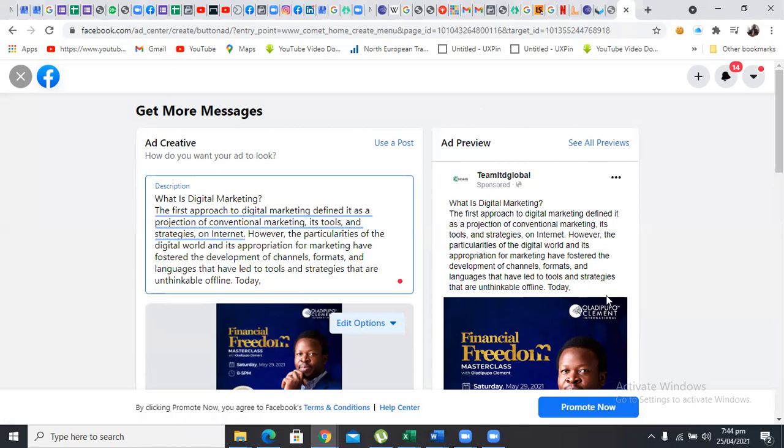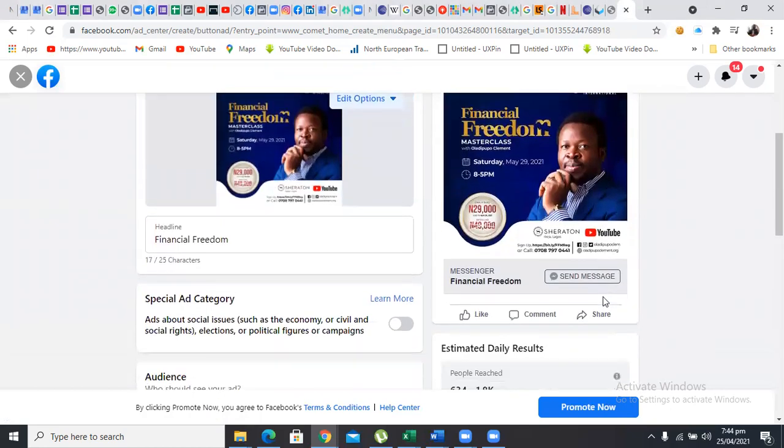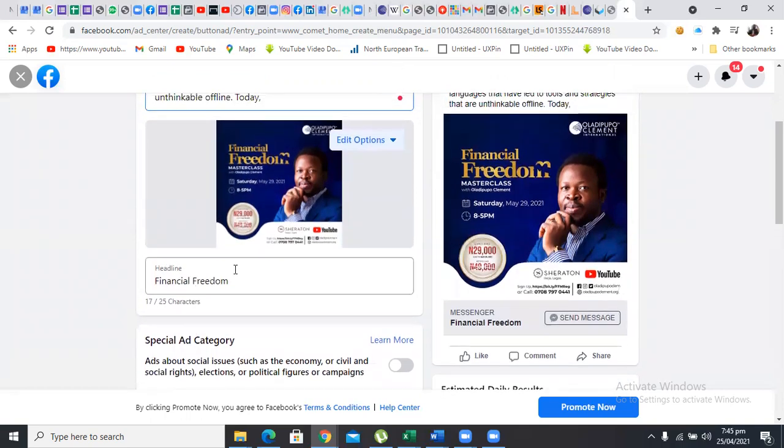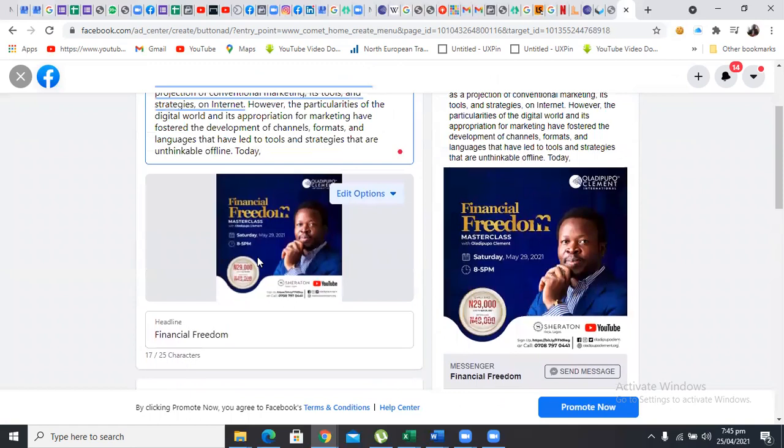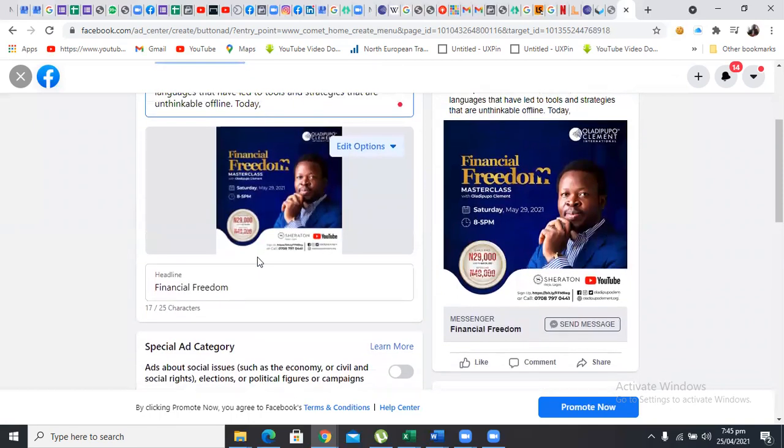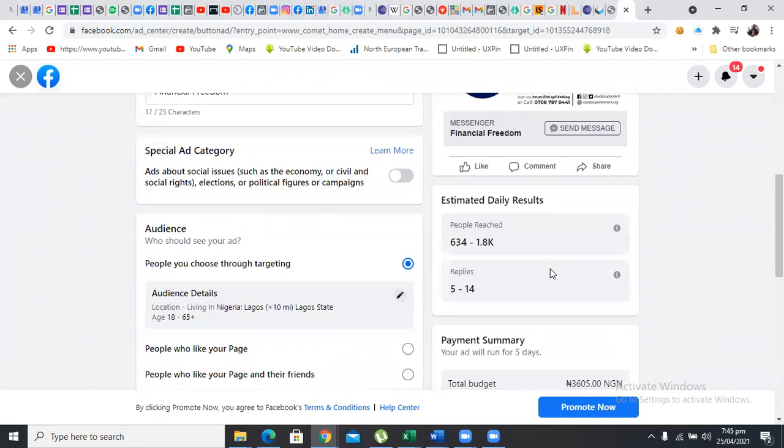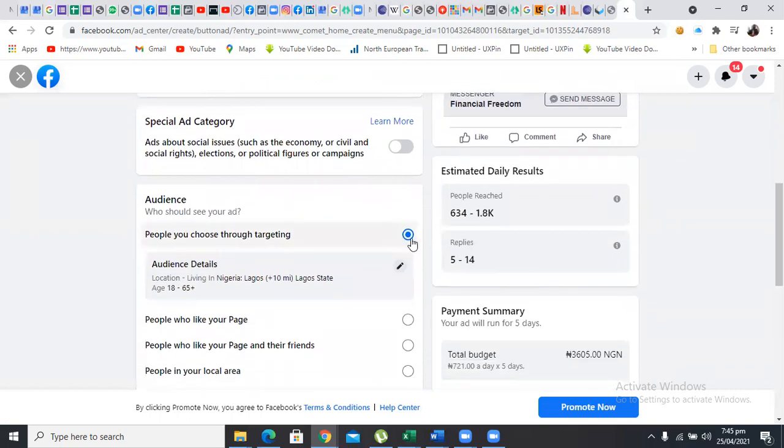So, like I said, you've picked your picture, you've picked your text, and you've had your headline well written. This is not all. This is just the way of describing your ad and putting the picture of the ad that you want to promote. Then the next thing you are going to do is this: this is the most important place in your ad, this area, audience. Of course, you know that your ad is not for everybody. Ad is not meant for everybody. This is what they call a targeted ad.